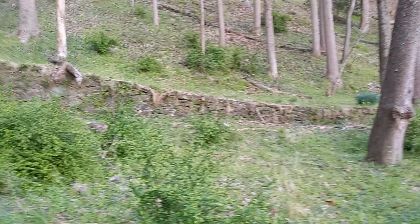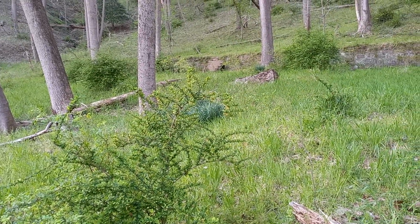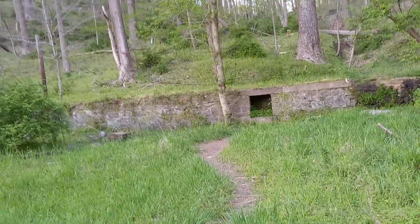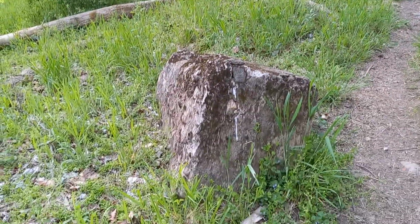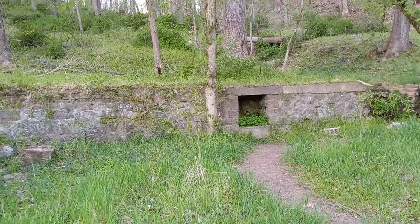As you can see, it is a quite large perimeter. And this obviously doesn't look like it was a structure, but there were probably a couple small structures here, structures and/or... not sure if that is or not. It's hard to tell. That could just be a rock. Quite obviously for drainage there,